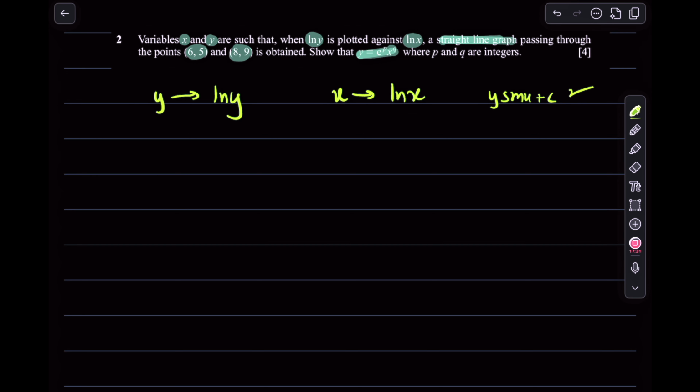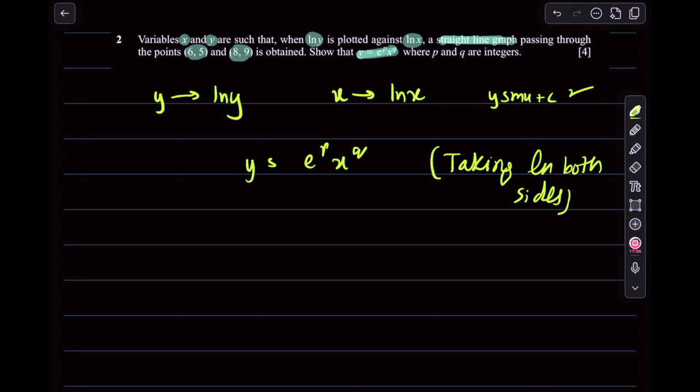So what is my given equation? It is y equals e to the power of p, x to the power of q. So my y term is already isolated on the left hand side, so just taking the ln will clearly express the y term. Okay, so taking ln on both sides, it becomes ln y